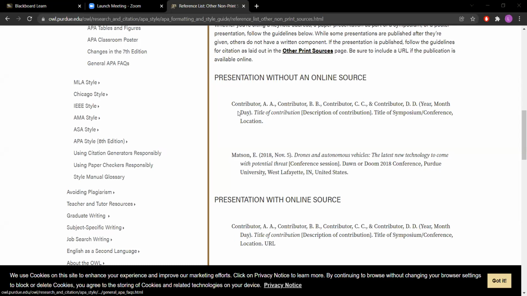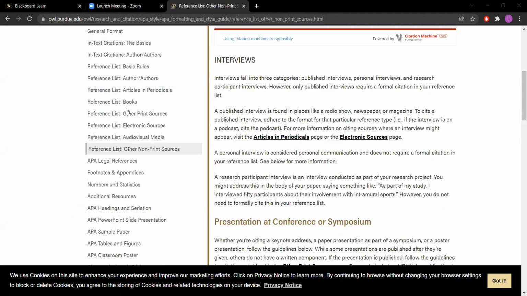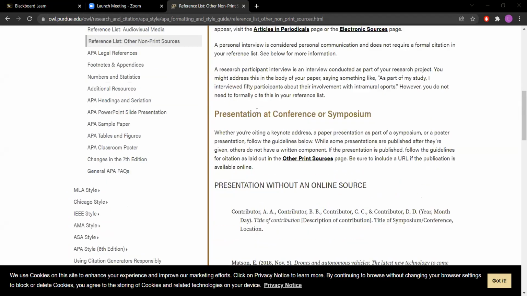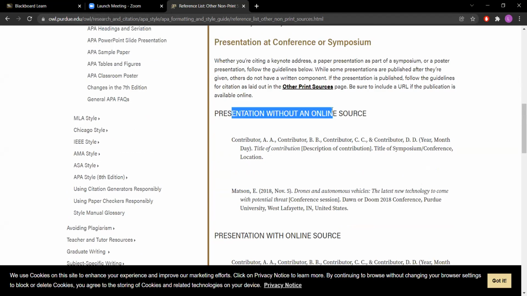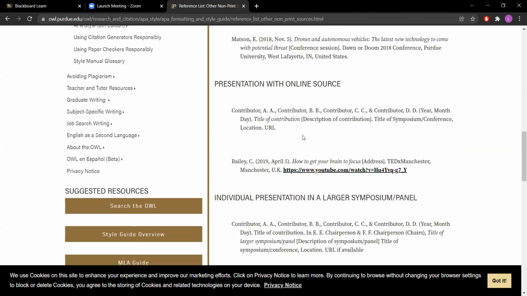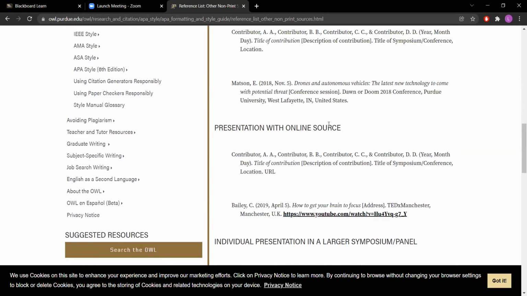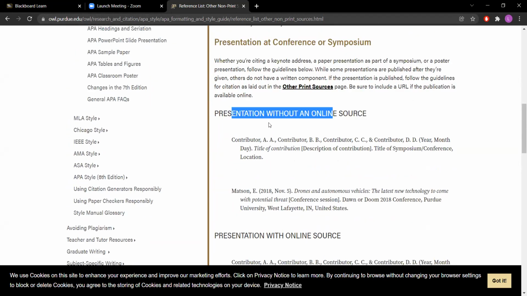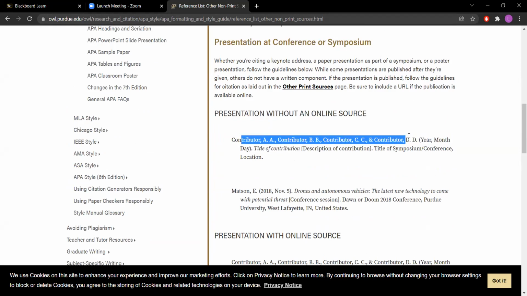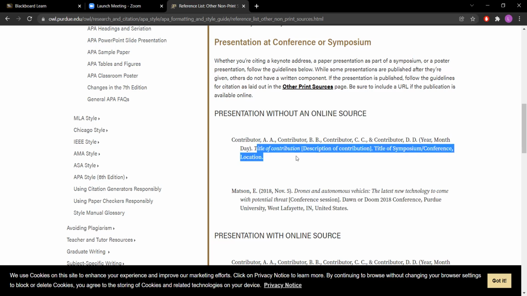Okay, so here's a way to look at that. This is a really good website. If you look for this, Purdue OWL APA website, they're going to show you how to cite all of these different things here. So let's say that you're citing a presentation, and you can do this for my own presentations, since you can't necessarily put a link to them. But if you want to cite a presentation, a lecture, something like that, you're going to put the name of the person there. So, contributor here, it would be like Nava L, the year, date, month that presentation was given. And then you'll list the title.